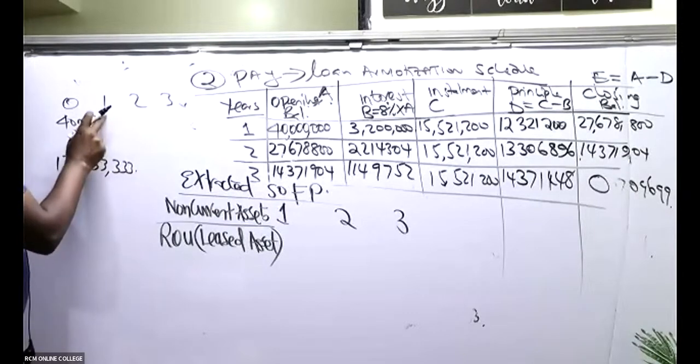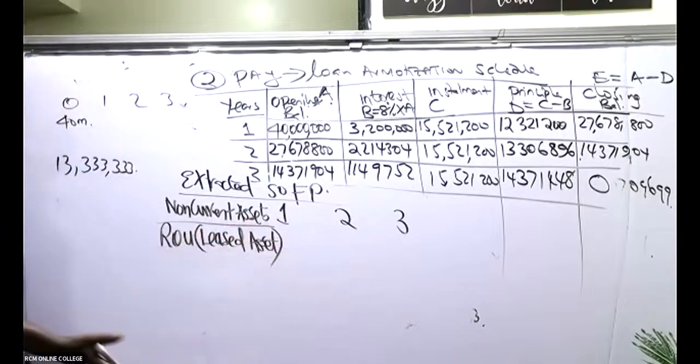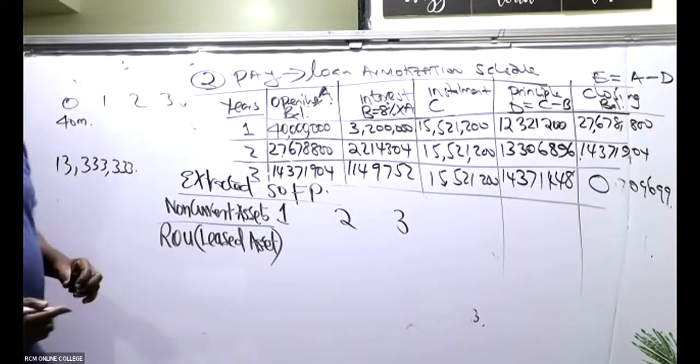By the end of year 1, what will be the value of our asset? Because you'll be looking at the end of the years. Remember, this is today 40 million. So by the end of year 1,